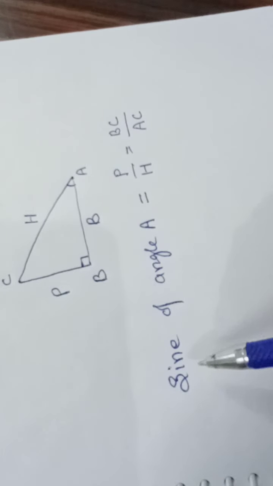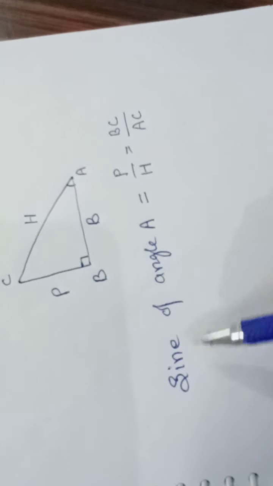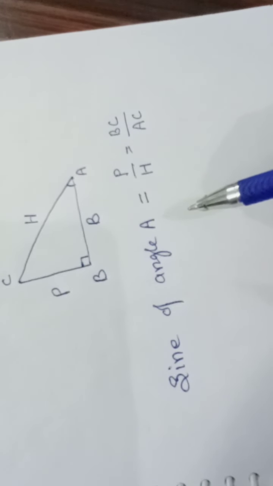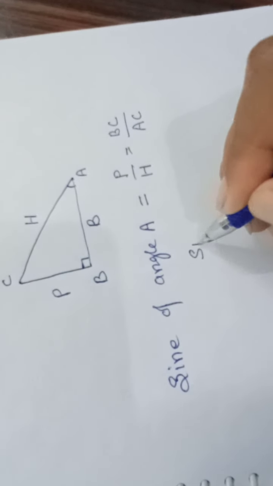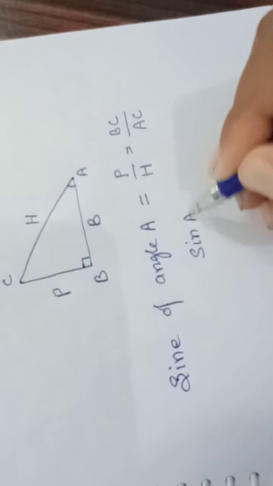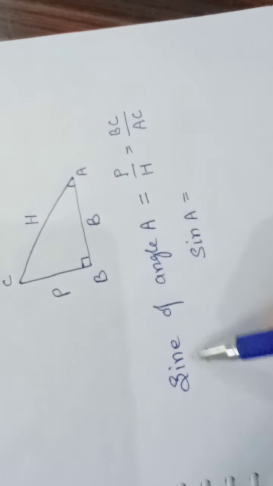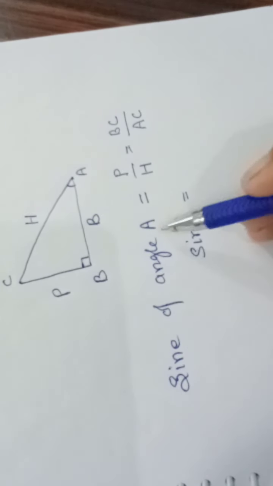If I write the acronym, meaning contracted name or short name, just like if I say my name is Vishal Chandra Srivastava, my acronym will be VCS. In the same way, the full name is sine of angle A, and in acronym we will write it simply as sine A. I have taken only the 3 initials of the letters of sine and angle A.